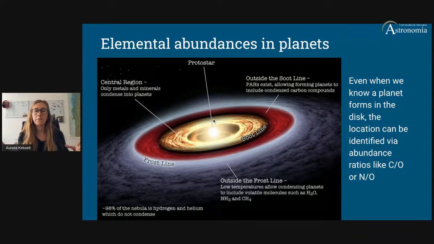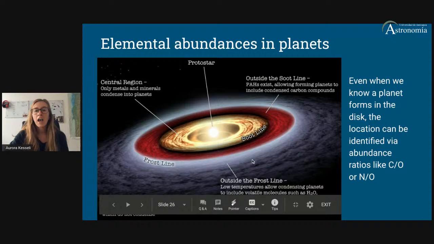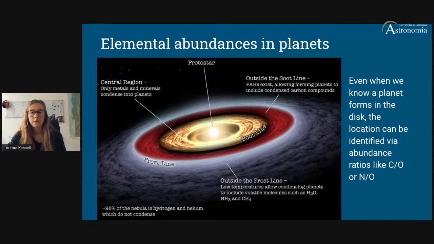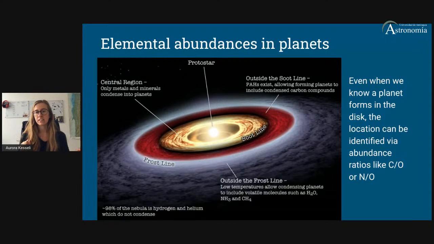But as we get a bit farther out, carbons and silicates can start to condense out here. And as we get even farther out past a snow line, we can start condensing molecules such as water or methane or ammonia. And so based on where the planet formed in the disk, we think that it should have different